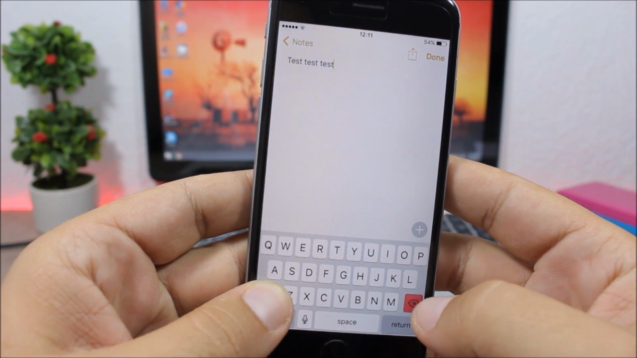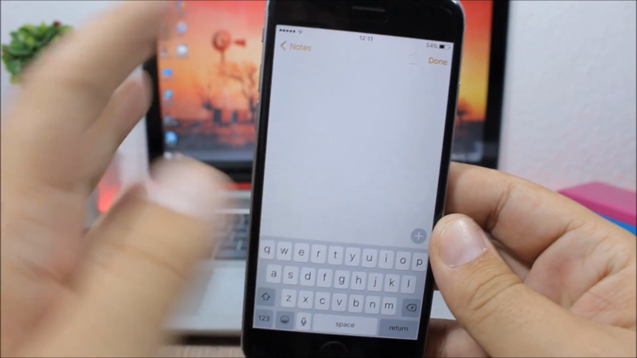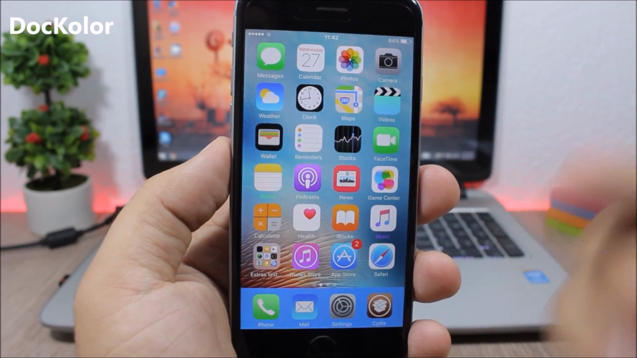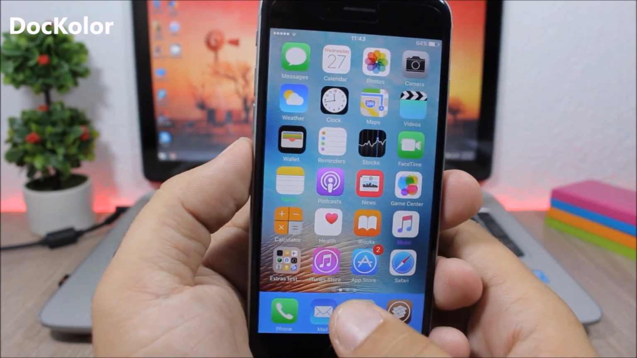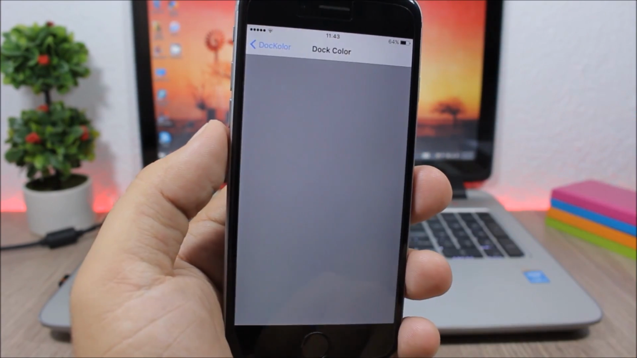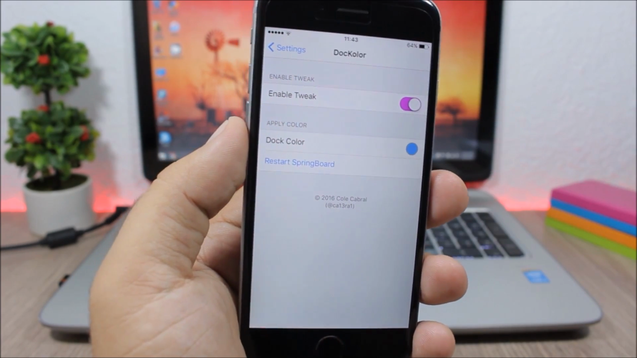You can see here the back button will turn red, and when I tap it, it will completely delete the complete word. Dock Color allows you to change the color of the background of your dock. So to do that, you need to go to settings, go to this tweak, enable it, and then here you have the colors. You can pick any color you want and then respring your device for the changes to take